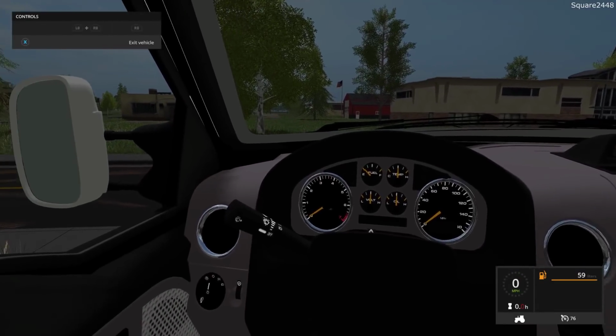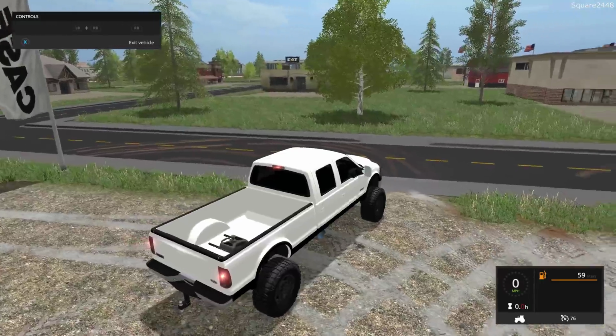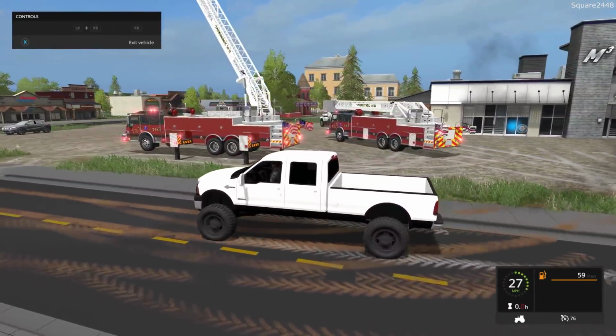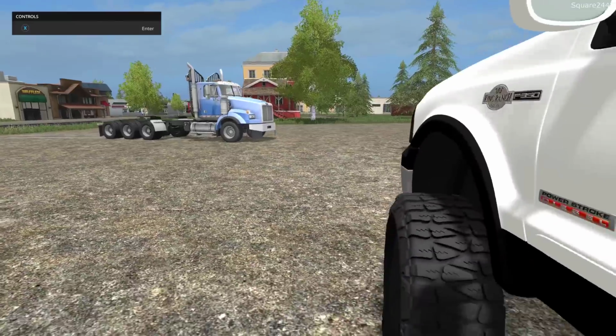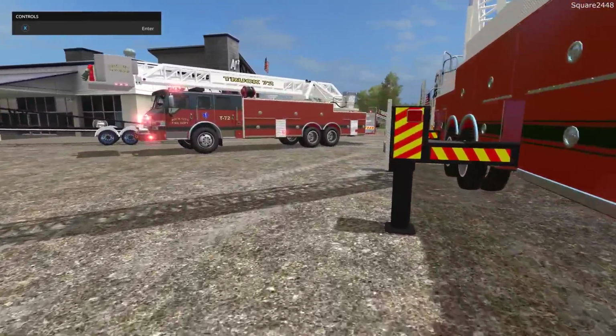On the first person view, you guys can see it does have a very nice interior. It looks like it just needs a steering wheel. Other than that, this thing does look pretty cool, and it does have a two-tone paint, which is also a very cool option on it. I really do like the wheels. You guys can see since it is lifted, it does have quite a bit of a drop there, which is